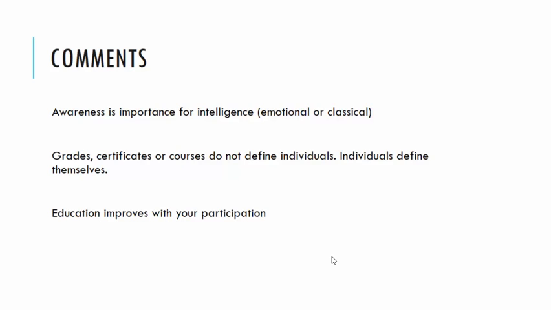So, comments, as far as I can tell, these are opinions, these are not facts, but arguable, of course, that awareness is important for intelligence, both emotional intelligence and the classical intelligence quotient measurements. So if you are someone who is aware of what's going on, that knows your goals, what you're supposed to do, you're much more likely to succeed. If you sit in an exam room and you're given a piece of paper, a question, it's good to know what the question is about, what am I doing, how long do I have. Awareness is important.